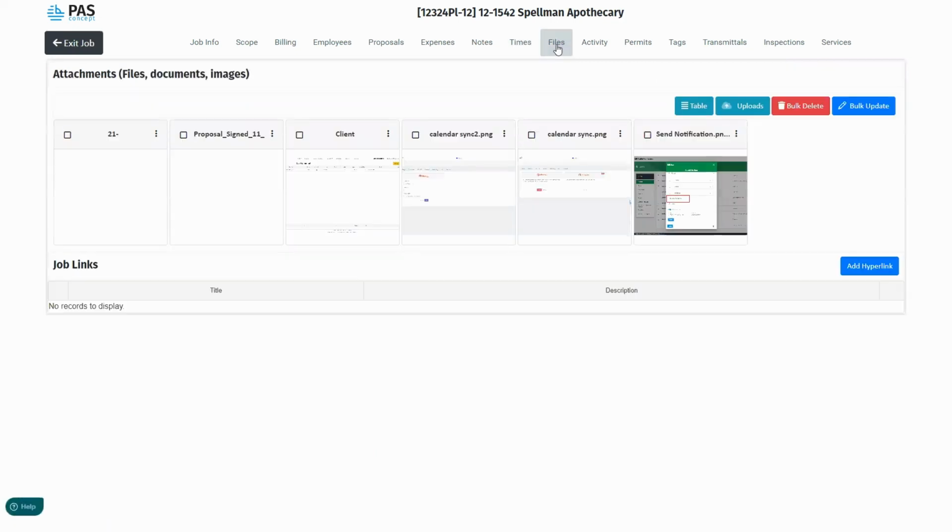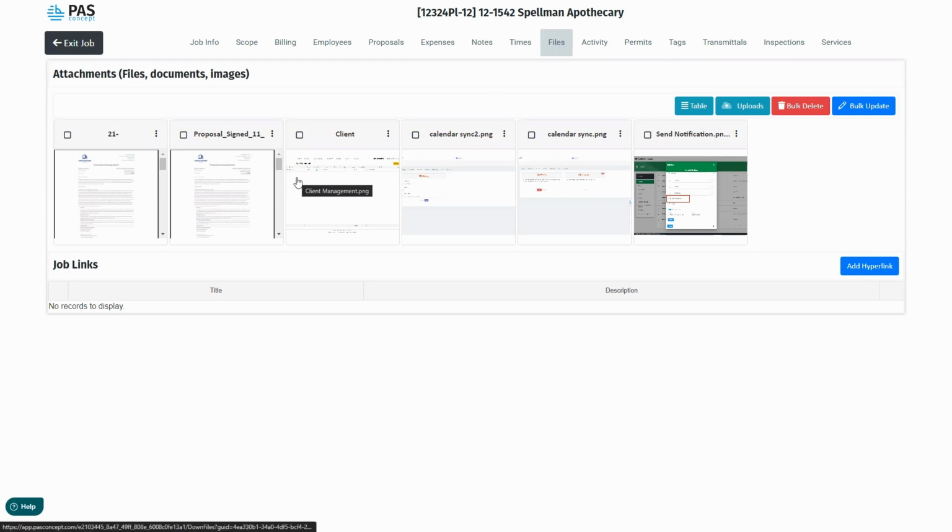Beyond that, of course, as we mentioned before, the file area. This is a repository of different documents associated to the project all in one place, something that your employees, everyone working on this specific project, have access to. There are two important areas here. The first are the directly uploaded documents.